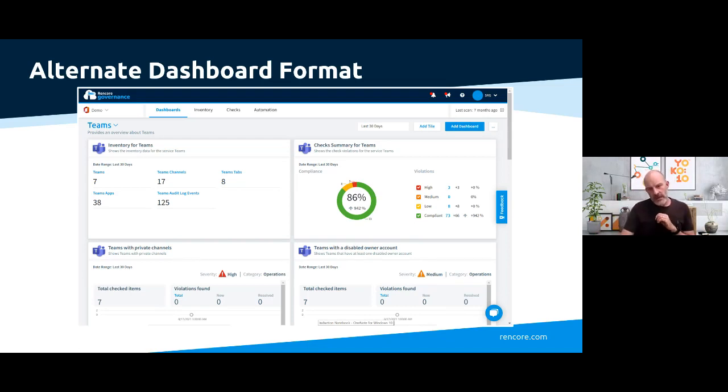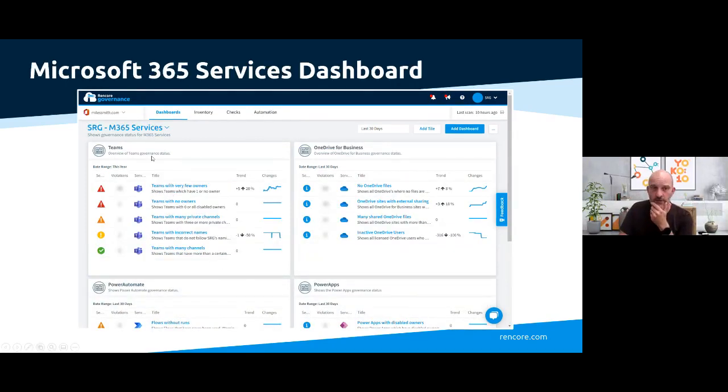But because the historical trend information wasn't that important at the moment, we felt the priority was just ease of access to the information and being able to digest it in a simpler way, which is why we opted to put all the information on individual tiles within a single dashboard. Because the checks are already created, the groundwork's already been done, it'll be very easy for us to move to separate dashboards if we want to longer term. But for now, this just seemed to be the right solution.